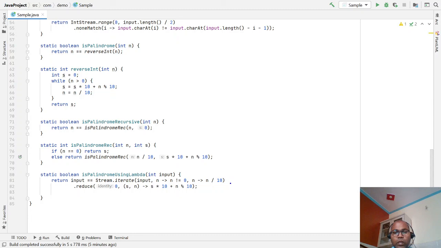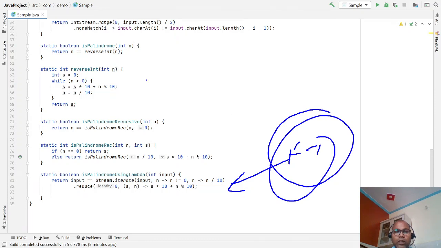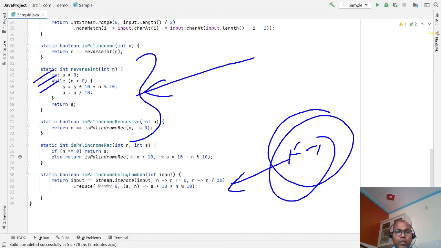You are doing it with the help of FP, functional programming style, and this is iterative programming. In the iterative approach, the developer has to specify each and every step of how the logic is done by the compiler. But in the lambda expression in functional programming style, we just tell the API what we want to do, not how to do it.